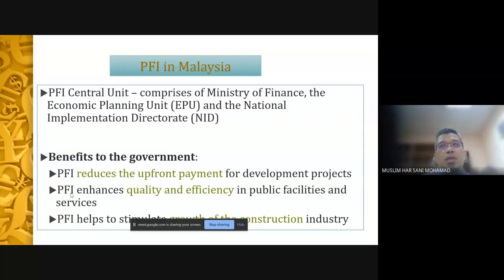I think during that time, when it was introduced in 2006 or 2007, if I'm not mistaken, there was also a global financial crisis, right? So the government could not support the construction industry. So I think that's why they adopted this mechanism, because the private sector can get funding from the banking system.